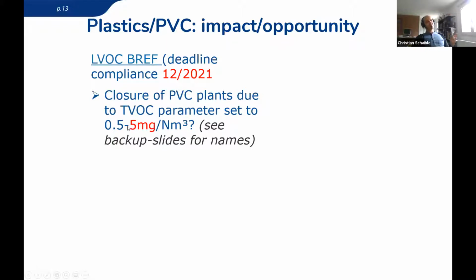So this basically forces thermal oxidizers. This level, 5 milligram, you can only manage with thermal oxidizers. If you have catalytic oxidation, which is the other technique, you are more in the 15, 10 or whatever range, but you cannot cope with 5. I have some names in the backup slides. You can check for yourself. I guess it's Spanish plants, and they will probably have to either close or make very, very big investments. And they also have to build the natural gas infrastructure. They have to get gas for destroying. It's carcinogenic air pollutants, basically.